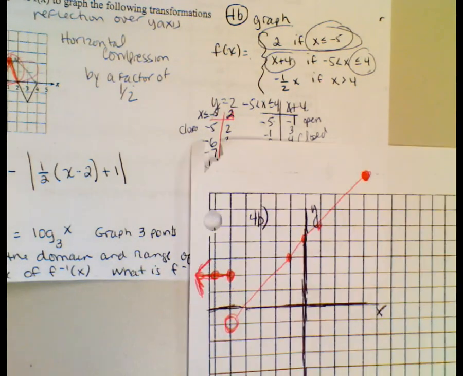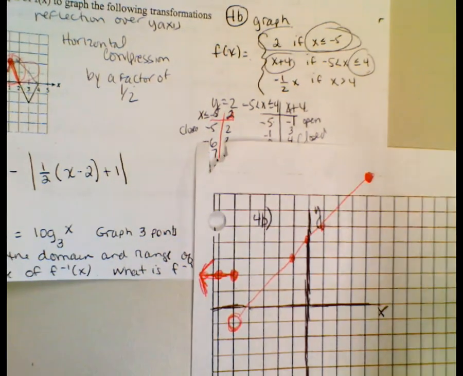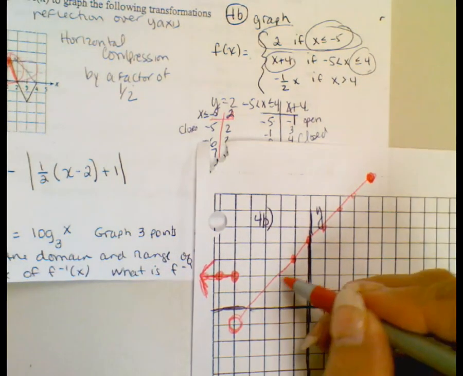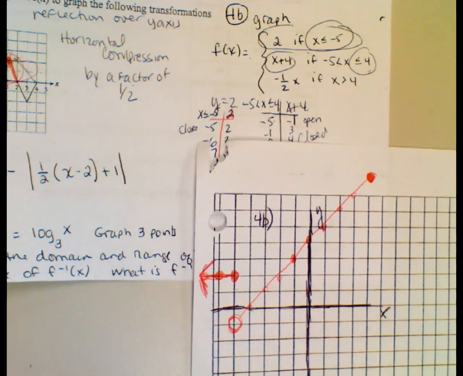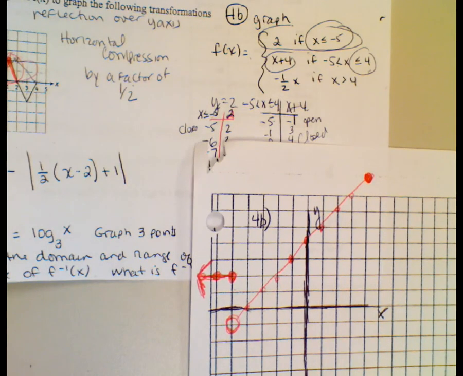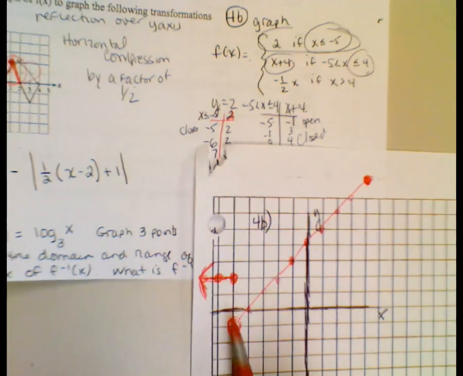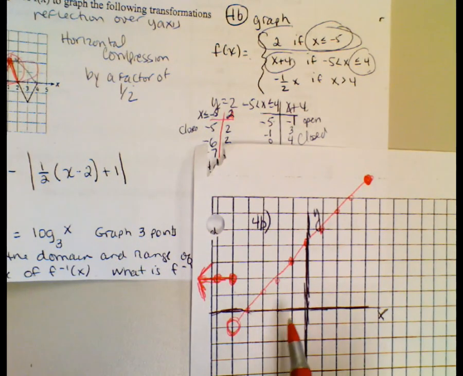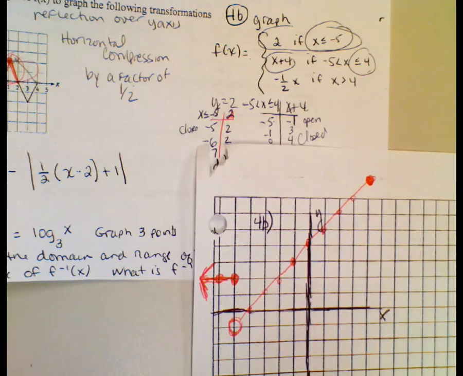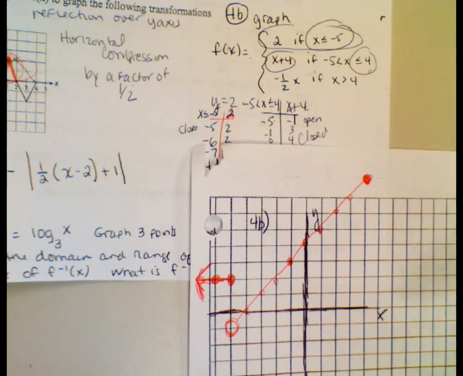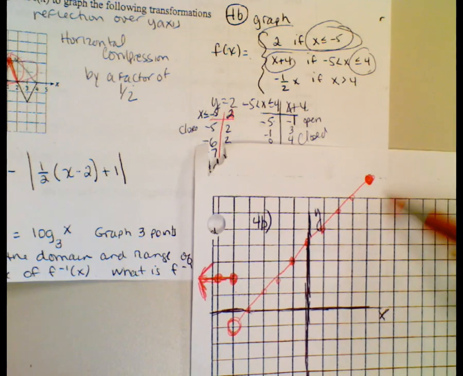So that is a line that has a y-intercept of 4, a slope of 1. I mean, there's points here, here. All these points you can fill in, but I don't need to do the t-table points for that. So that's a line that has a y-intercept of 4 and a slope of 1. Notice it's still passing the vertical line test because it's supposed to be a piecewise function, supposed to pass the vertical line test. So I assume the next piece is going to be somewhere over here so that it passes